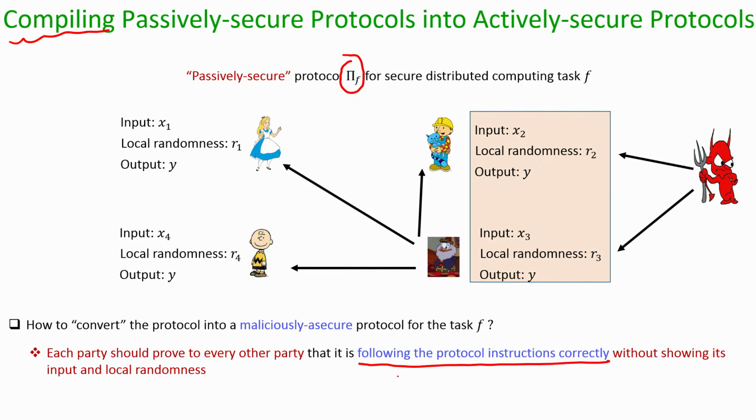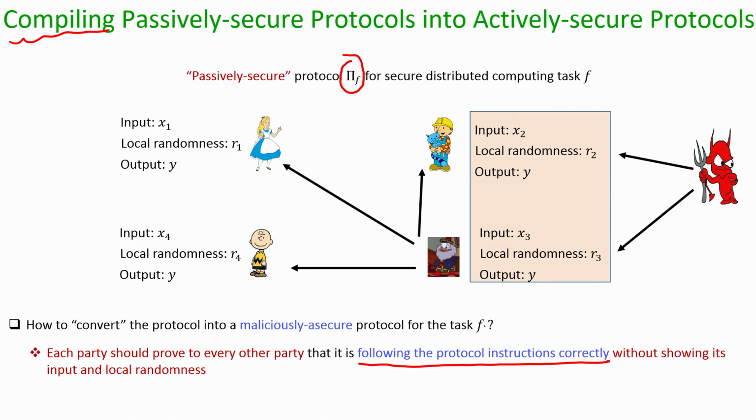Now, the question is, what do we mean by saying that a party is proving to the other party that indeed it is following the protocol instruction correctly? By that I mean that each party has to prove to every other party that the messages they are sending are indeed computed with respect to their randomness and their input, and as per the instructions given by the protocol